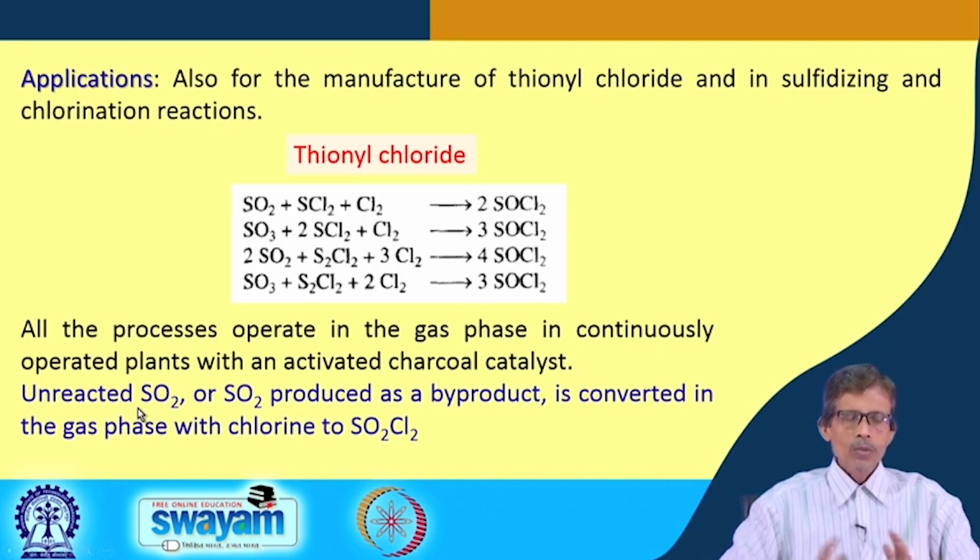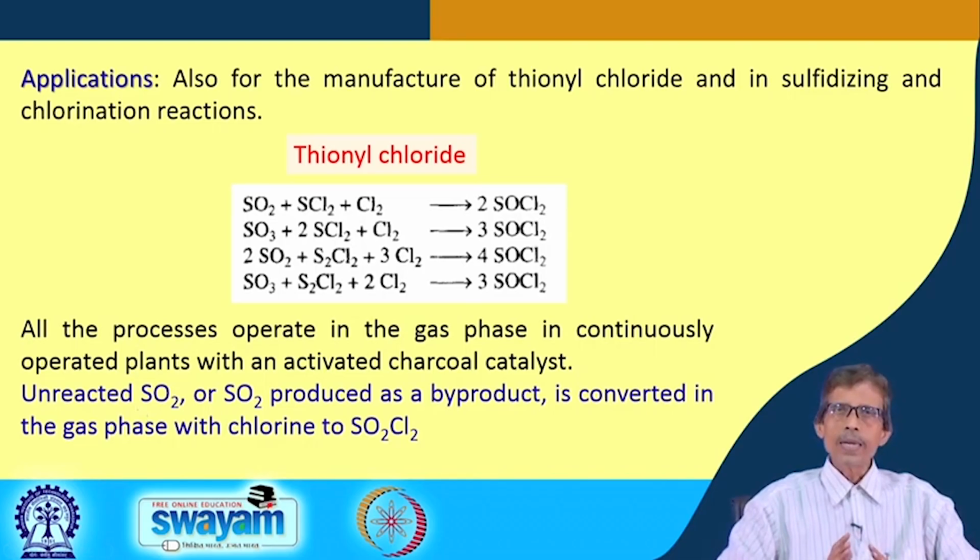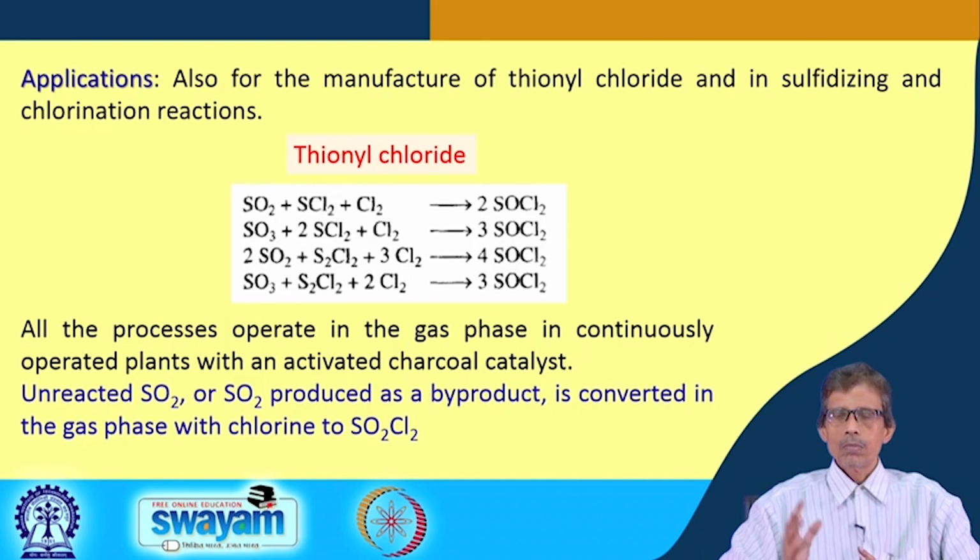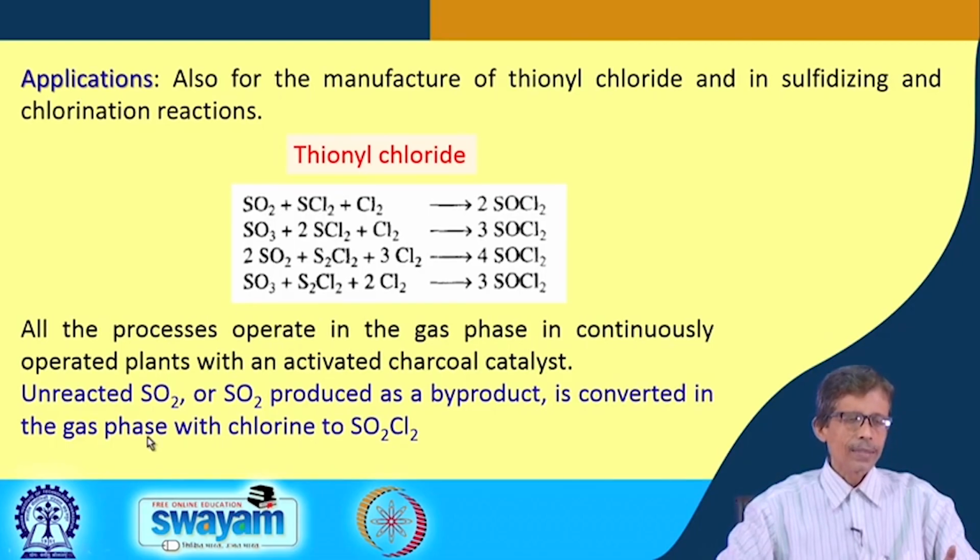So, what we can see is that depending upon the activity of that particular catalyst, we have a particular amount of conversion, where you do not expect that all the sulfur dioxide we are using, in terms of molecular stoichiometry by molar ratio, is fully converted to the product side. So, you can have some unreacted sulfur dioxide or some sulfur dioxide produced as a byproduct in